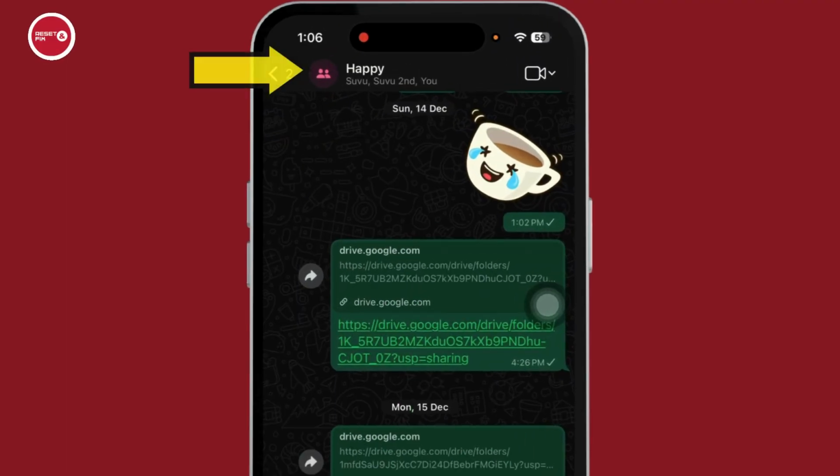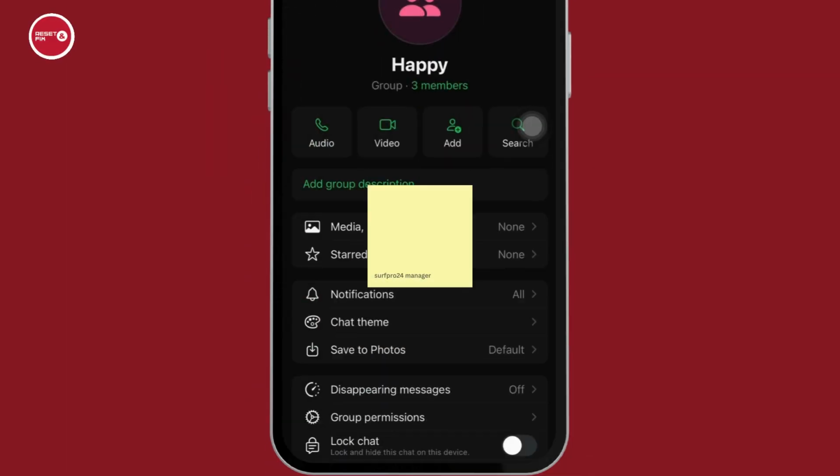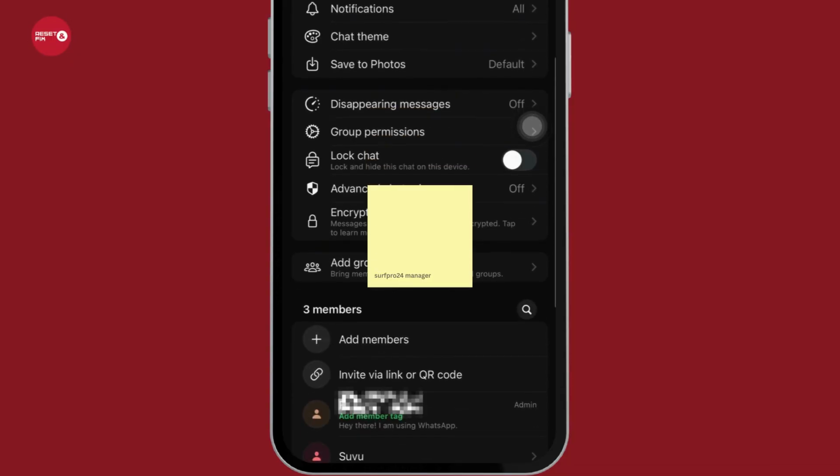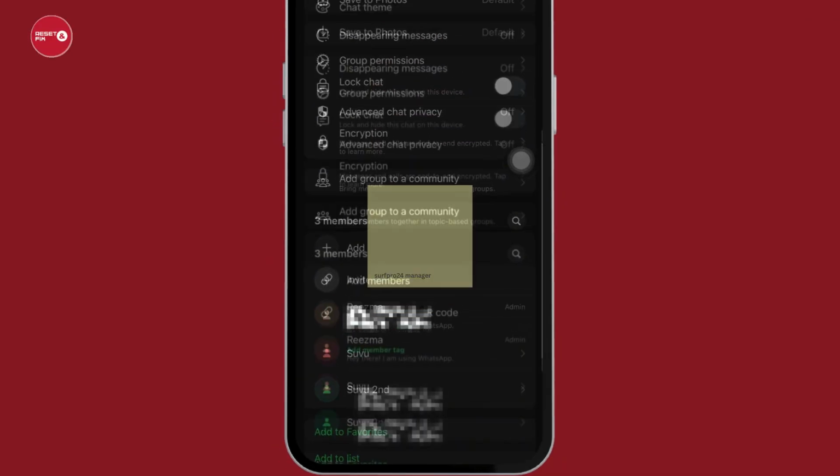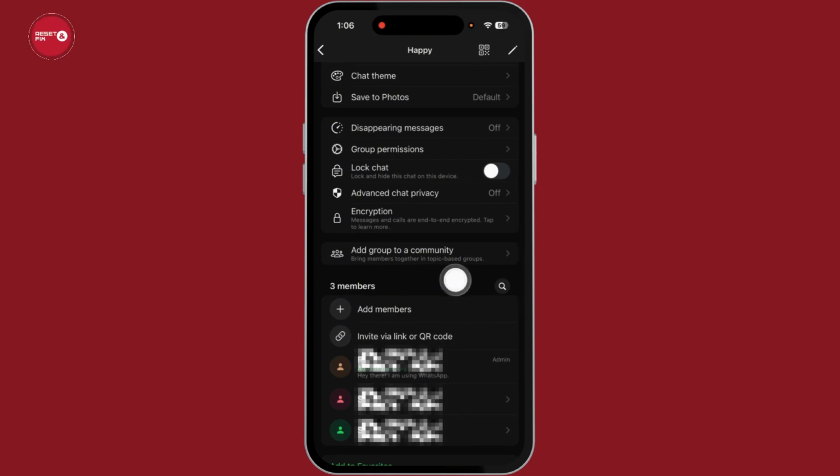First, launch WhatsApp and navigate to the group chat. Now, at the very top, you're going to find the group name. Click on that. Now, scroll down and find this section of members. Look for the Add Member Tag button next to your profile. If you don't see this option, make sure to update WhatsApp to the latest version, as the feature is being